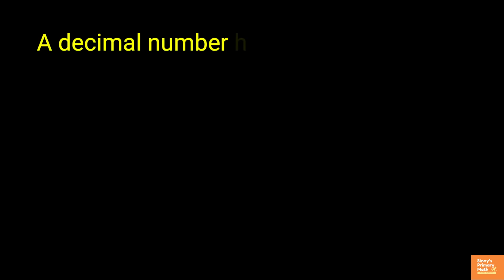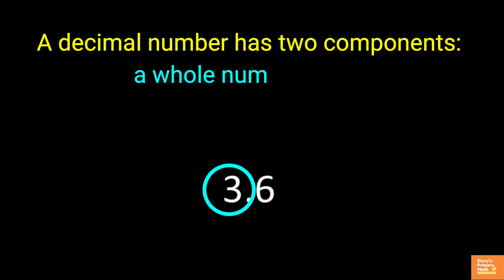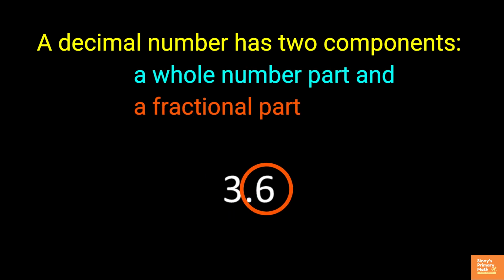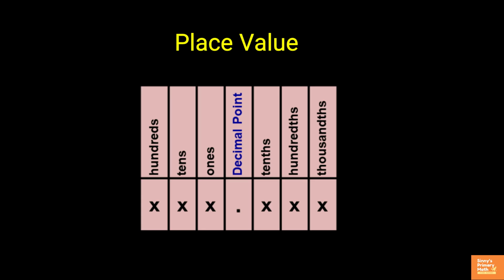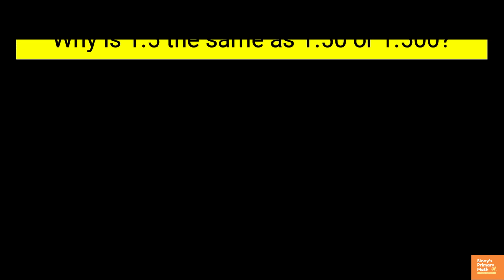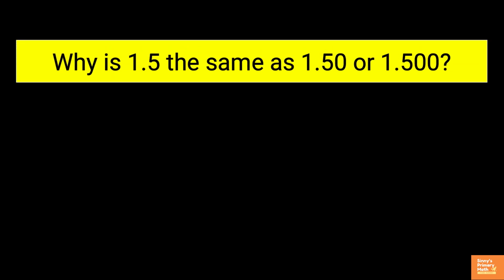A decimal number has two components, a whole number part and a fractional part. Just like whole numbers, decimal numbers also have place value. As you know, while writing a whole number, the rightmost digit is automatically assumed to be in the ones place. In the decimal system, a dot is placed between the whole number and the fractional parts, just after the ones place. Now you can answer, why is 1.5 the same as 1.50 or